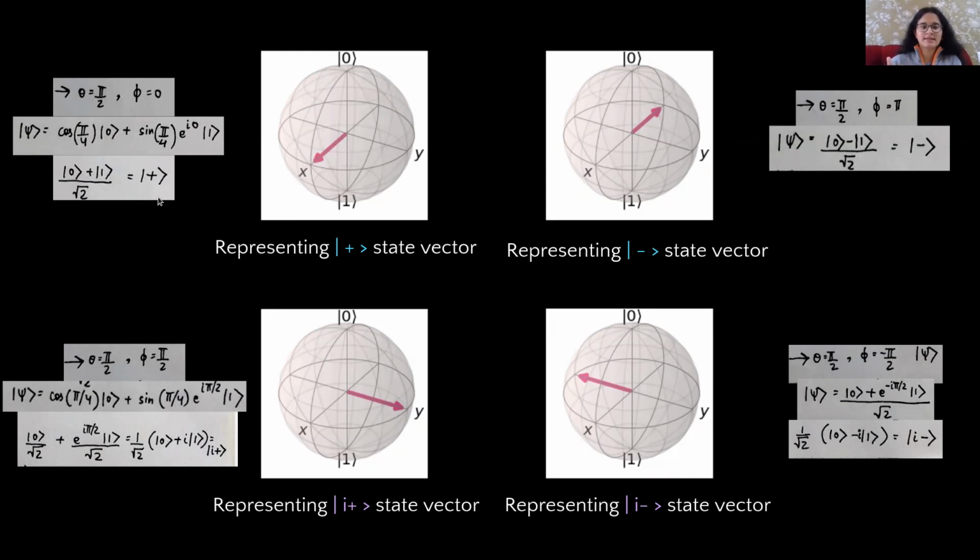Now to initialize the state, we just need to take ket 0's coefficient and ket 1's coefficient and put it in the initial state as a row matrix. So for getting ket plus as the state vector, the row matrix will be 1 by under root 2, comma 1 by under root 2, because these are the coefficients. Similarly, we can use different values of theta and phi to get all of these states and put them in the general equation to get what they really are, and get the coefficients of ket 0 and ket 1 and use them to represent these qubits in the initial state row matrix, and just follow the same steps to get all of these diagrams.